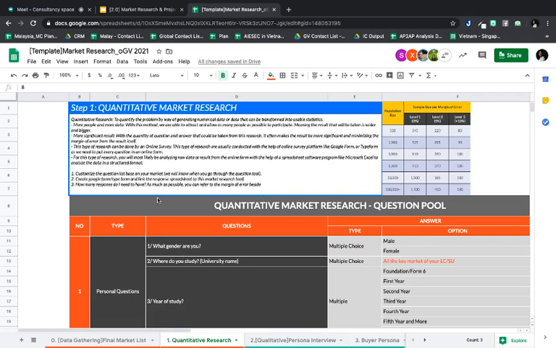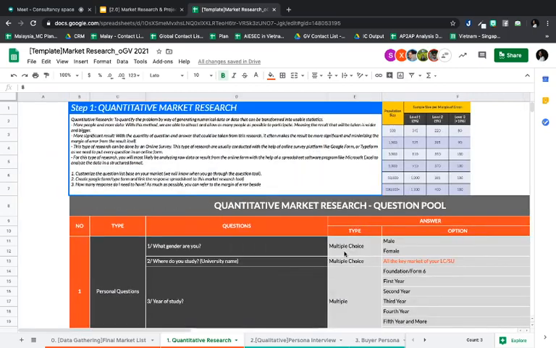First, you need to customize the question list based on the market. Second, create your own Google Form or Typeform and link the response spreadsheet to this market research pool. This is just a question pool for you to use only; it's not something you can send directly to respondents. For example, from here you sort out the questions that are suitable for your market, and then you link the responses again with the market research. How many responses you need is in this model again.